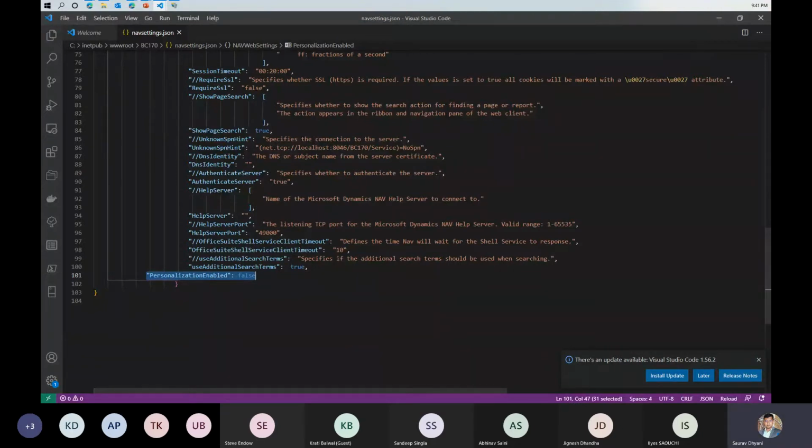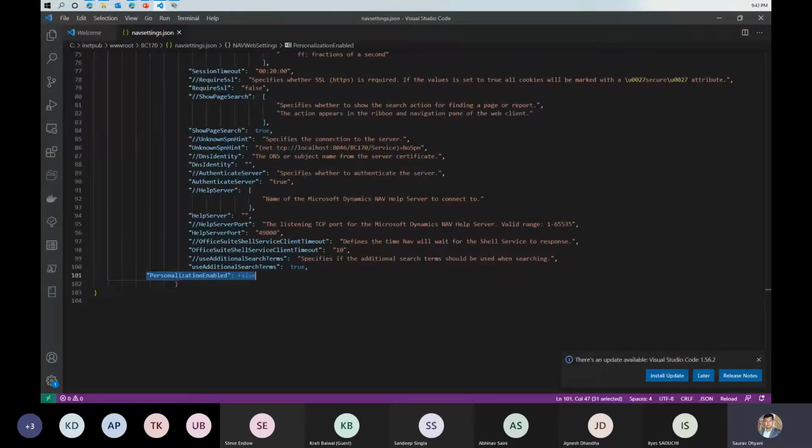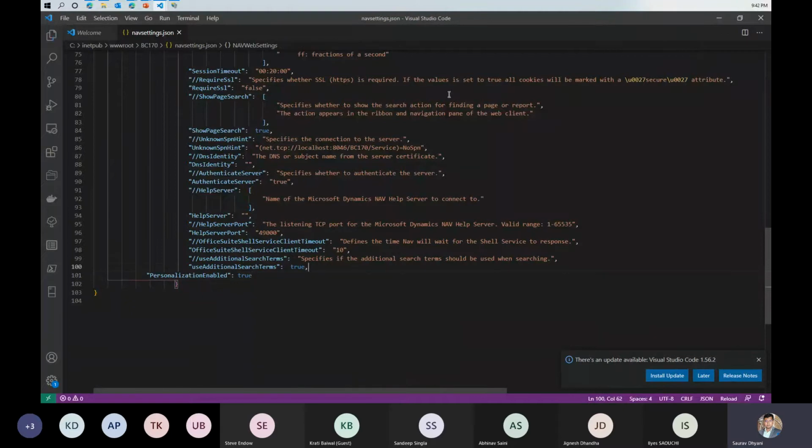So in your case, and let me remember what's the name. Yeah, Pradeep. In your case, maybe this is set to false because there is no permission that can stop any user from accessing this. So what you need to do is come back and set this to enable, which is set it to true. You might not have permission to that folder, so give that permission, set it to true, save